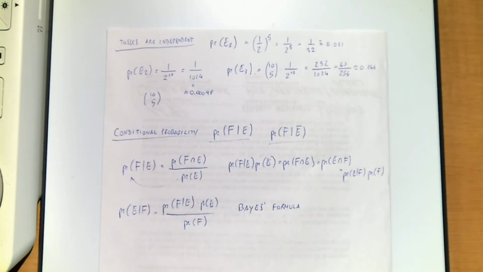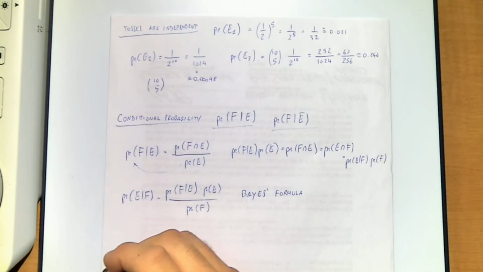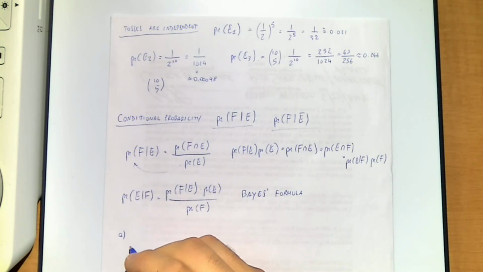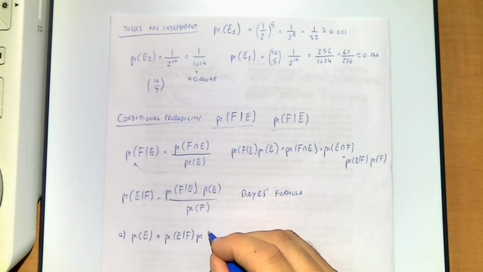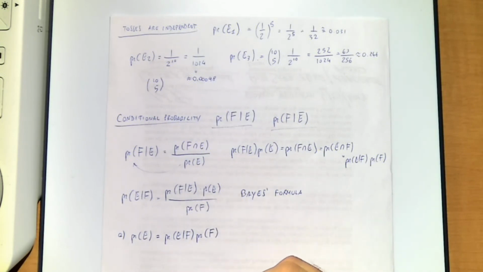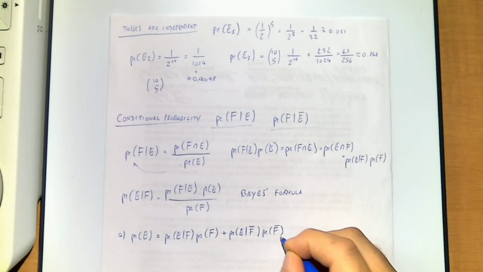Then we have some other formulas that you can derive from this, because of course, as we said before, it's sometimes easy to compute the probability of an event by splitting into a union of these joint events, and then putting it all together. So we get the two additional formulations, which is this. I can write the probability of E as the probability of E given F times the probability of F, plus the disjoint event, the probability of E given not F, times the probability of not F.